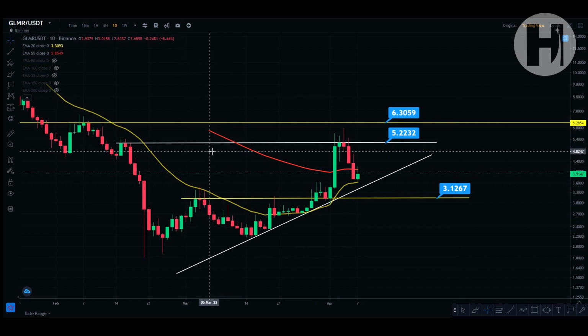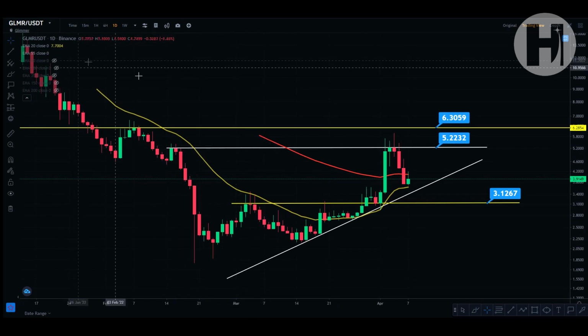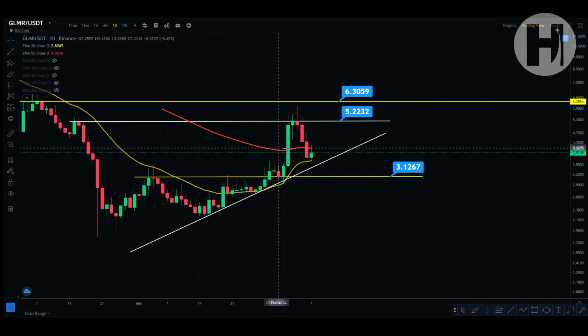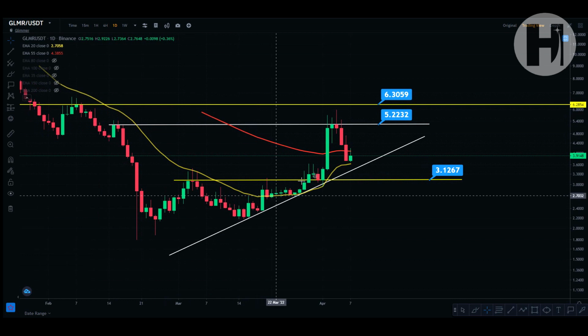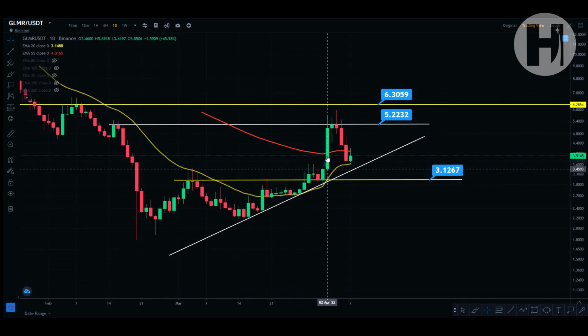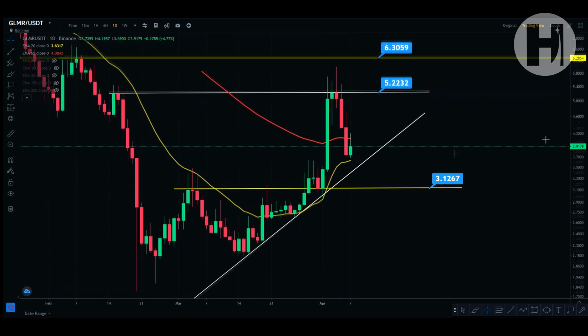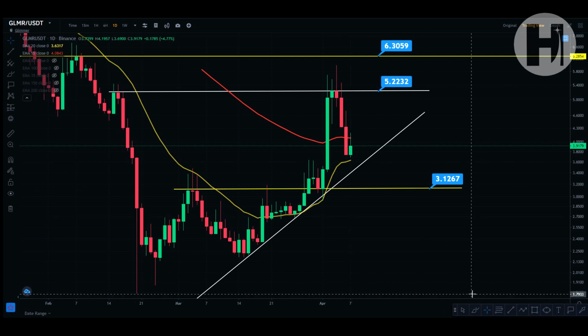Let's jump into the daily chart. So we do have the daily chart up right now. We do have the 55 EMA, which is the red line over here, and the yellow moving average over here is the 20 EMA. As you can see, we did have a nice little pump over here on April 2nd, and from there we ran into the resistance at $5.22, which was a resistance we ran into in the middle of February. So from here right now, we've lost the 55 EMA and we're coming back down and landing on the 20 EMA very, very nicely over here. So $3.63 is your support level to